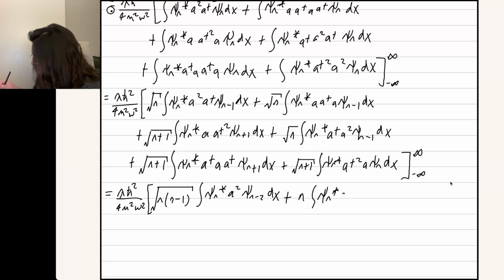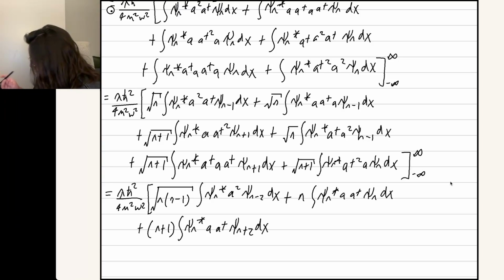Psi n star a dagger psi n dx plus, now we have a lowering operator, so it's an overall factor of n plus 1, integral psi n star a dagger psi n dx. And not n plus 2, it's just n now. Yeah. Psi n dx